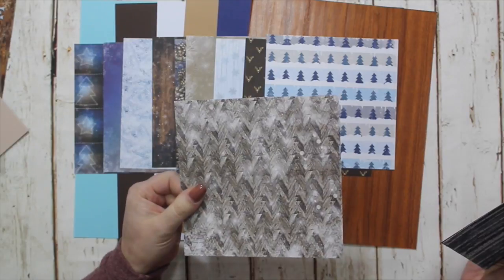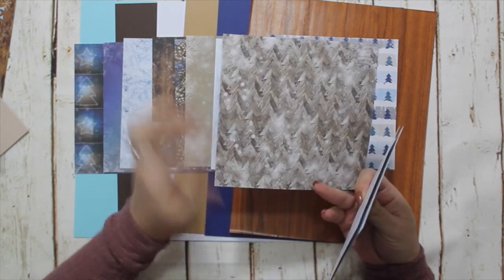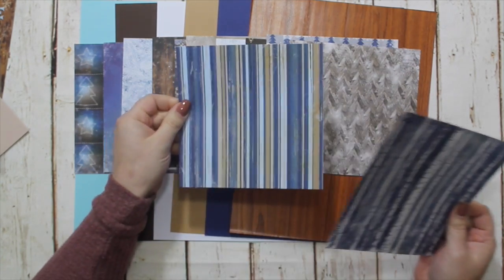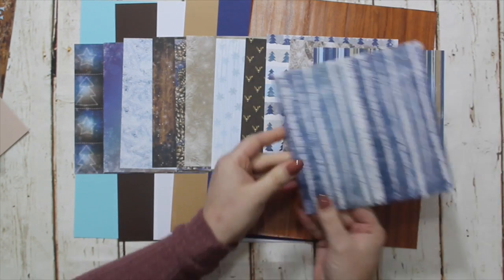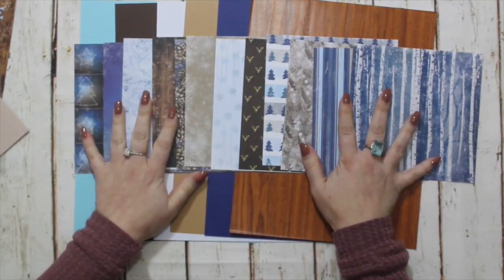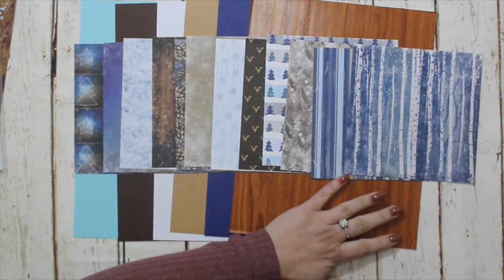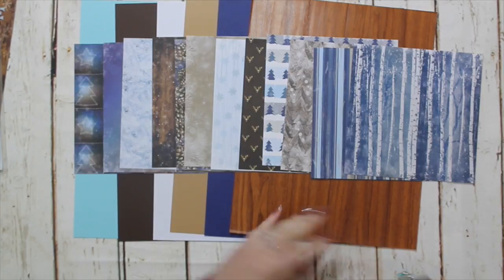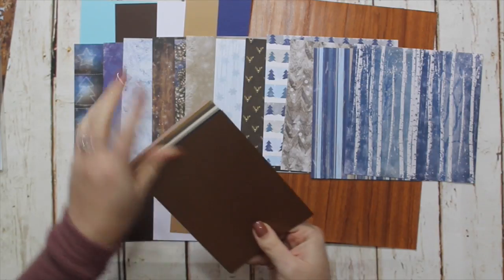This is lovely. This is sort of like a wood, but the way that it's done, because it's all done in V's, it looks like Christmas trees almost, and it has this snow effect on top. Then you have a nice stripe, and then you have this, which looks like birch trees. So they are your pattern papers. Now I've been recently putting specialty cardstock in. Obviously you're getting the full sheet of the wood veneer, but I couldn't decide on which specialty cardstock to put in, so I've put 8